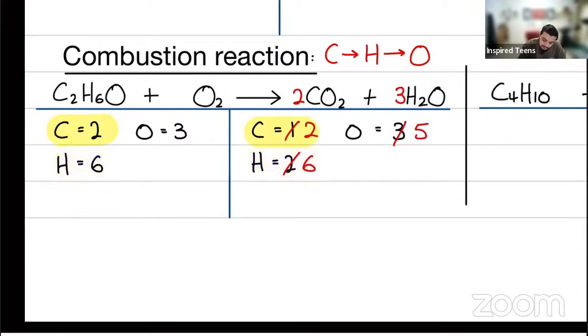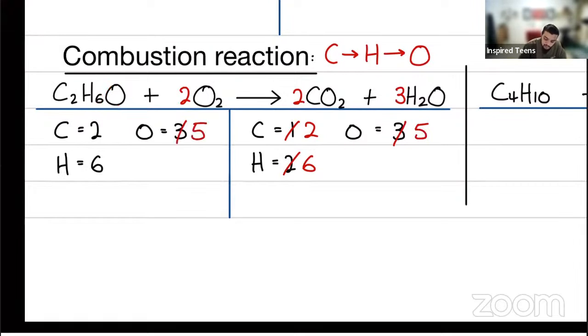Now we need to finally balance the oxygen. So on the right hand side, we have 5. On the left hand side, we have 3. What we can simply do is, because one of them is coming from there, we just need to produce 4 from here in total. Because when we add 1, it becomes 5. When we multiply 2 here, it's 2 times 2, which gives us 4 oxygen,